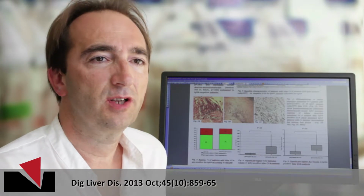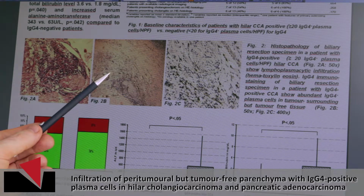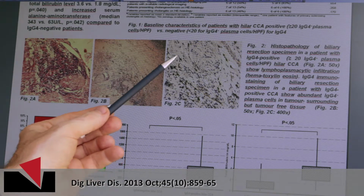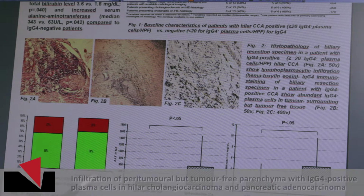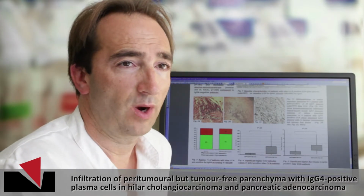On peritumoral tissue, we see here a Klatskin tumor with a cholangiocarcinoma. We see an infiltrate here stained by hematoxylin eosin, and if you stain it with IgG4, you see here brown points, and if you get closer to this area, you see IgG4 positive plasma cells, more than 20 per high power field, and this is normally the condition in autoimmune pancreatitis as well, but this is a staining of hilar